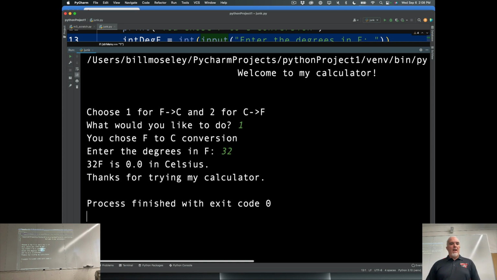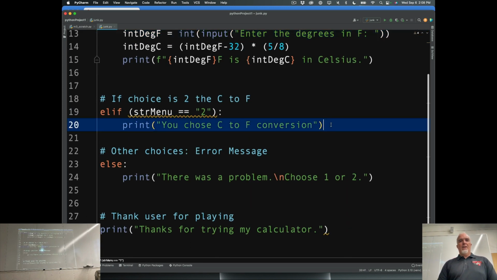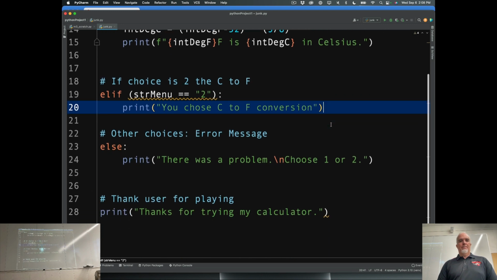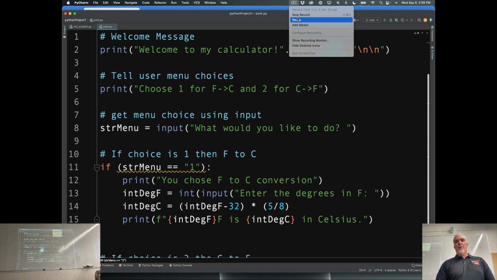But anyway, that's it. The only thing left now is coming back in, and you have to do the other formula, and that's the whole assignment. Okay, so all you're doing is coming up with a program that allows the user to choose which calculation and branches their input and the calculation itself based on what they choose. Okay, so that is assignment 4. You don't have a ton of time to work, but you do have a little